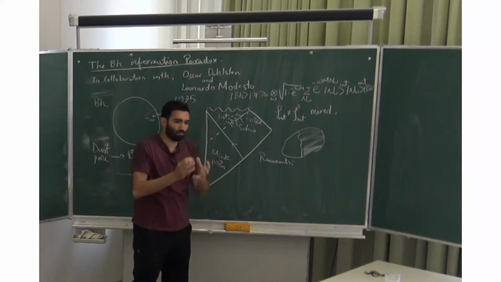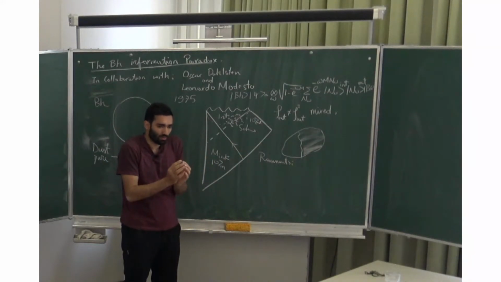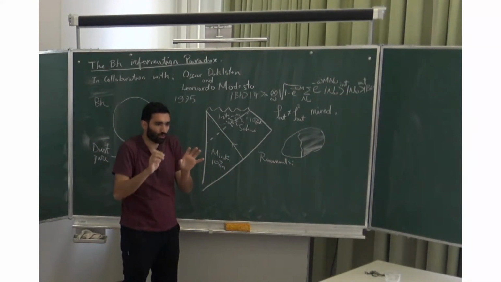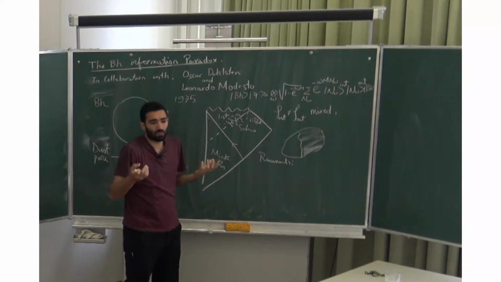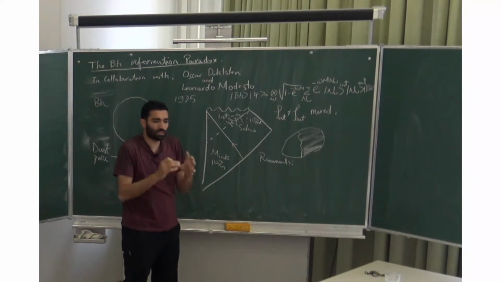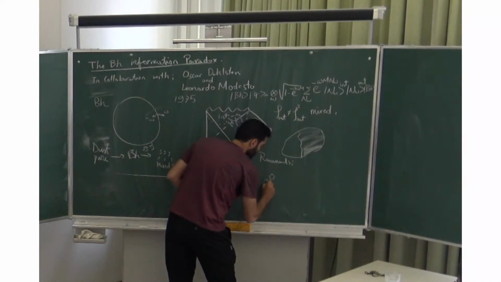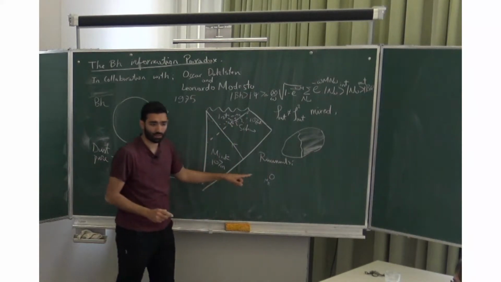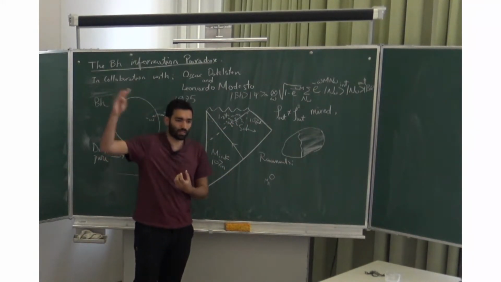Remnants are just when the black hole evaporates, and when it reaches a small size, of the order of Planck mass, then some people expect quantum gravity can stop the evaporation. So I have a small thing left, of Planck mass, and that thing can still carry the information or can purify the state of the radiation.